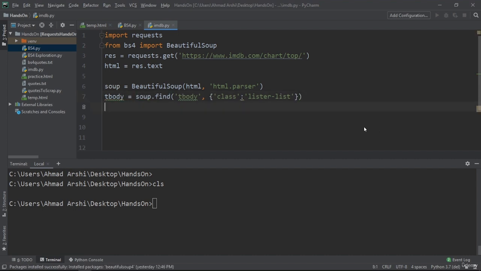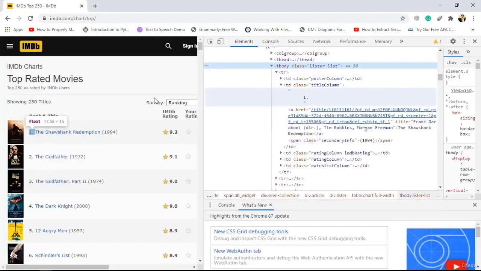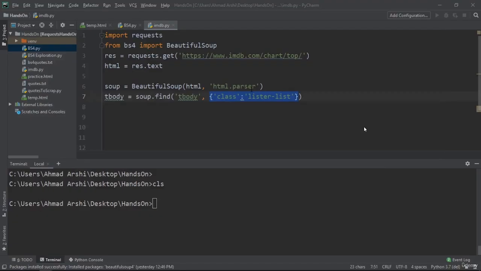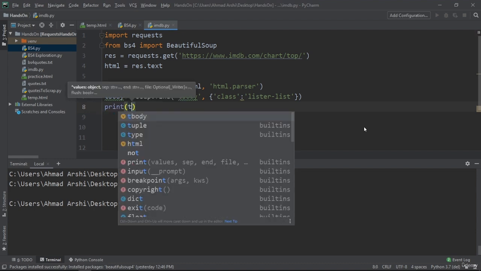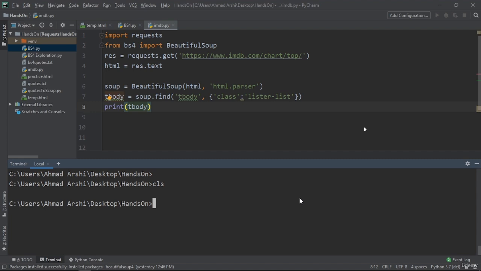So up till here, what we have done so far is I created the soup from this HTML that I'm getting from this URL. And after creating the soup, I'm saying that I want to find a table body in that soup that has these particular classes. So this will refer to this thing. Now if we give it a go, it is actually meaningless right now, because it would be a heck of HTML and difficult for us to understand. But let's just give it a go and see what we get. Now if we hit enter,